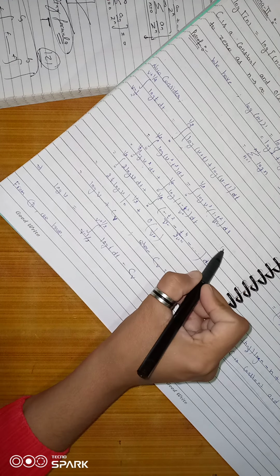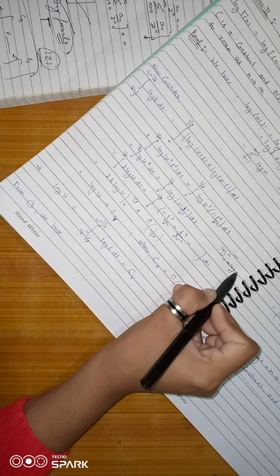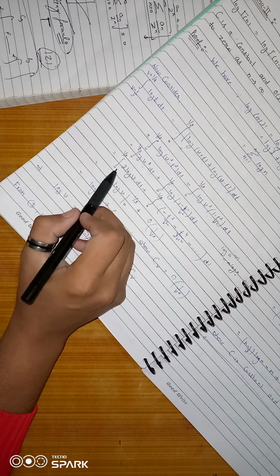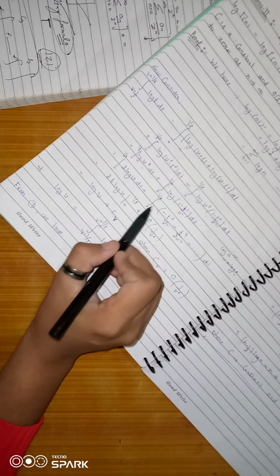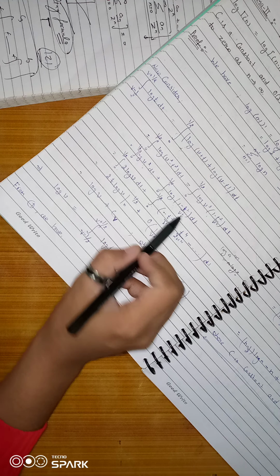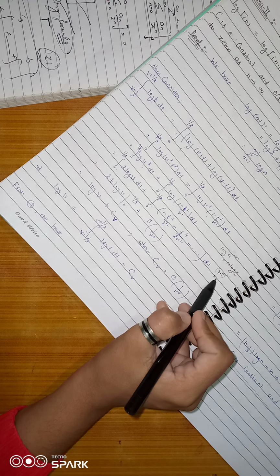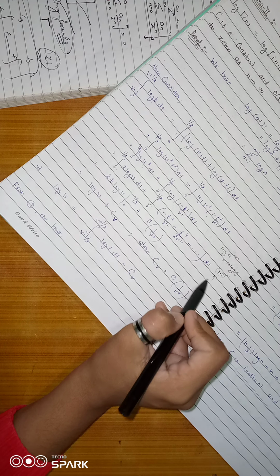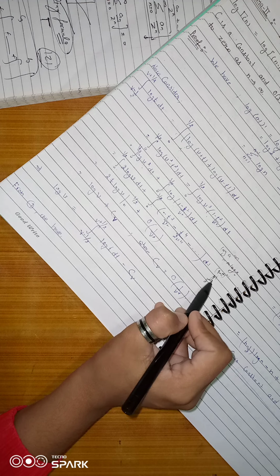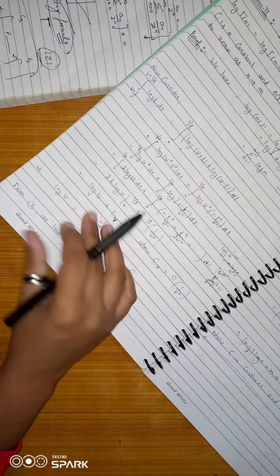This is the property of log a to the m. It can be written as m into log of a. So this can be written as 2 log of v dt, integration from 0 to 1/2. This is the expression for log. Firstly you have to verify the expression of log of 1 minus z, 1 minus z inverse, then you can integrate it as log 1 minus z, then you get this expression.